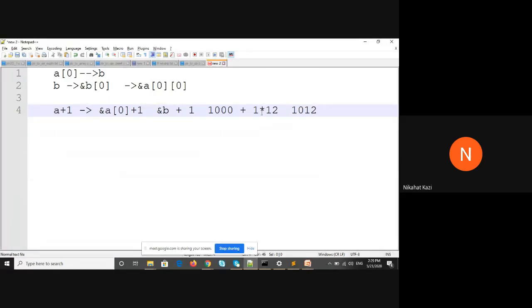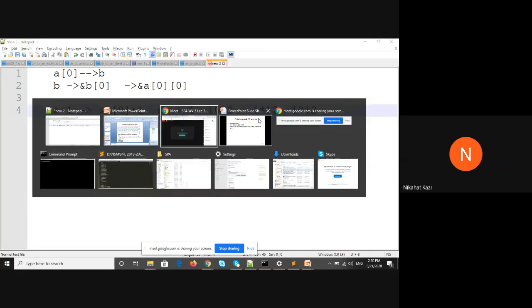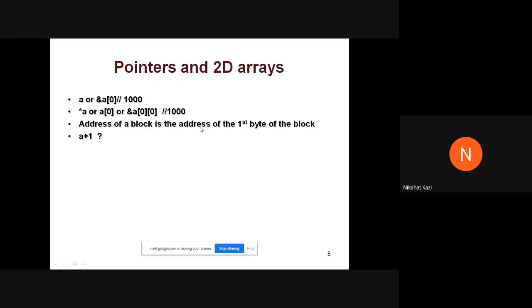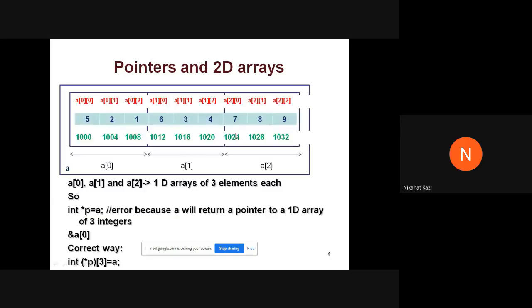So remember, whenever you are adding an integer to a memory address, you have to see what type of address it is, whether the address is of type int star or of type int star p of 3, int star of 3. Accordingly, the calculations will change. Now you are pointing to 1012, which is the next row. You are moving 1 row ahead, jumping by 1 array only.